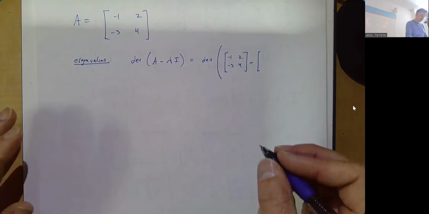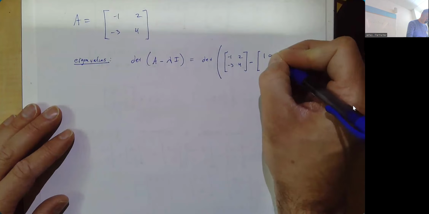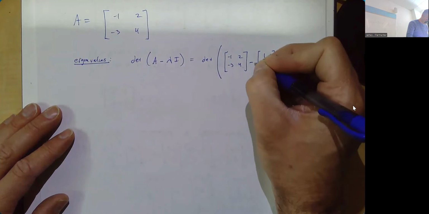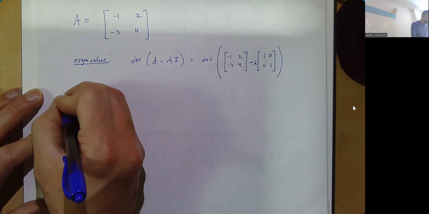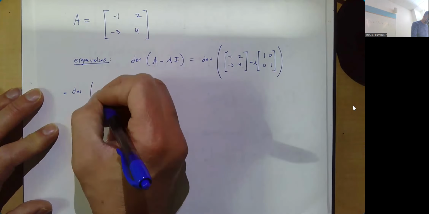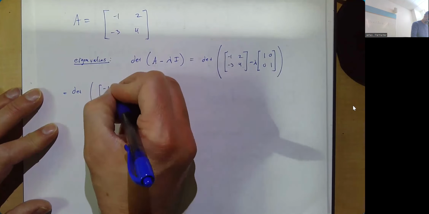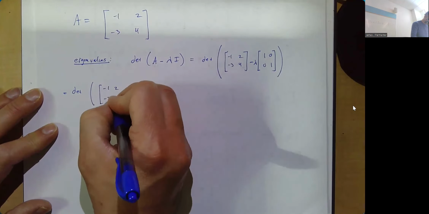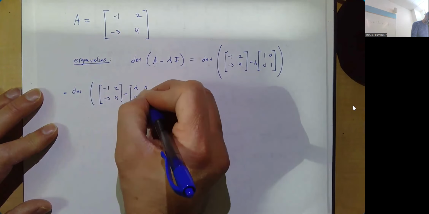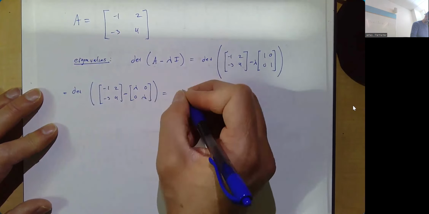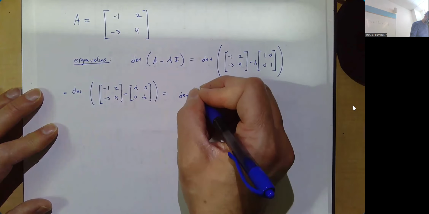For 2 by 2, that's just a 1, a 1, a 0, and a 0, times lambda. Again, writing way more steps than you ever would really, I would write this as -1, 2, -3, 4, minus lambda, 0, 0, lambda. Finally combining those into one matrix, determinant of